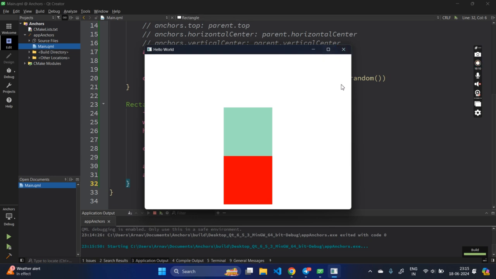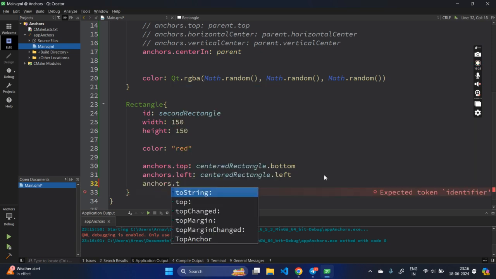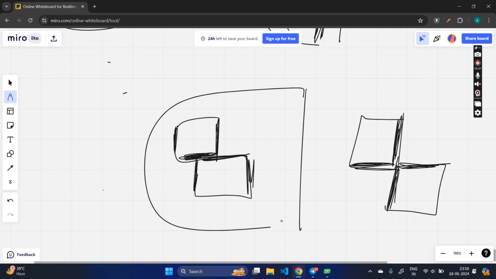So yeah. Now, if you look closely, this looks a bit ugly, right? The two rectangles are exactly sticking with each other. We want some spacing, and spacing here is nothing but margin. So if I say anchors dot top margin is, let's say, 20, right? This is the bottom rectangle, and I am telling it that hey, if I give you a position, let's say